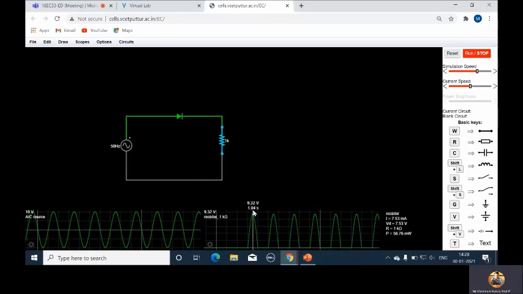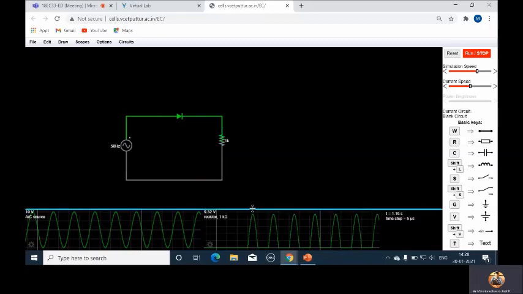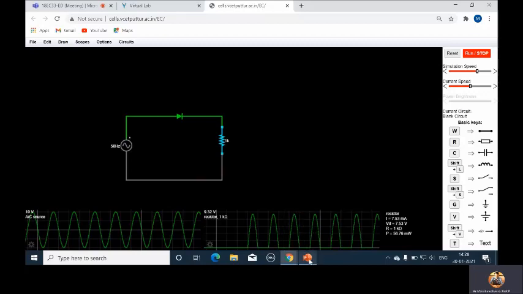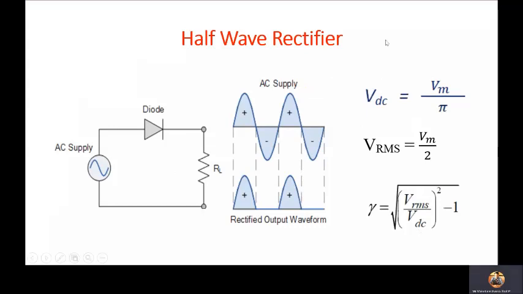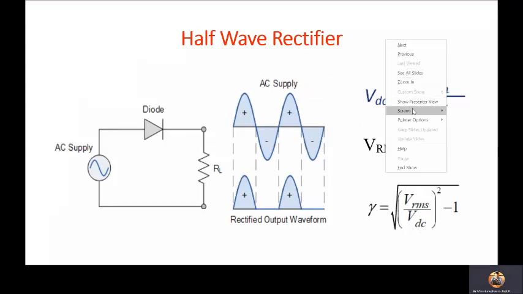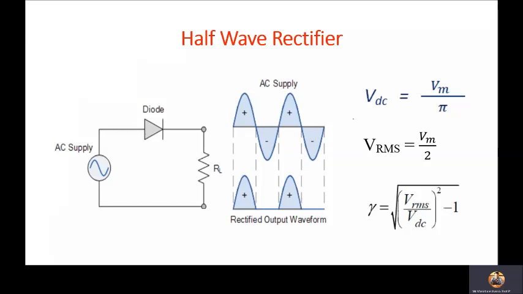Once this Vm value is found, now we can find the RMS voltage, DC voltage, and ripple factor value. Clear? For that, let me go back to this PPT. Here I will calculate it. So Vm is 9.32 volt.